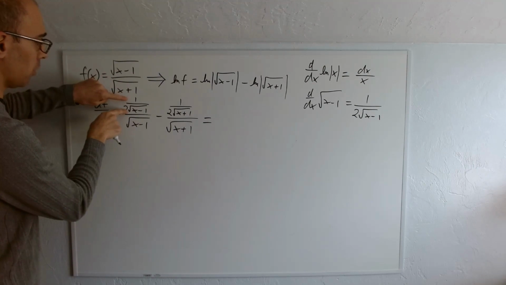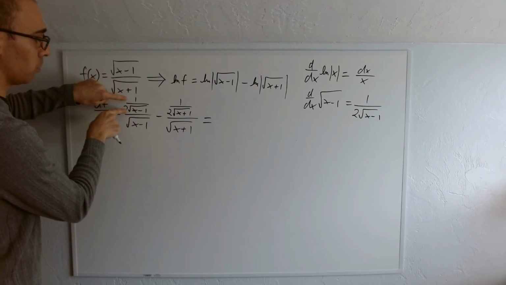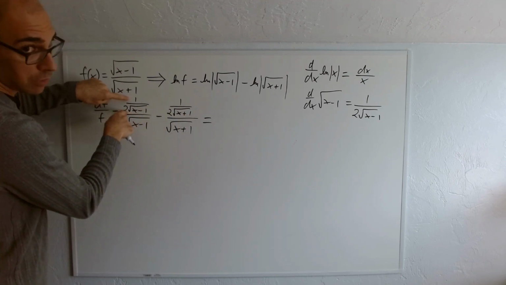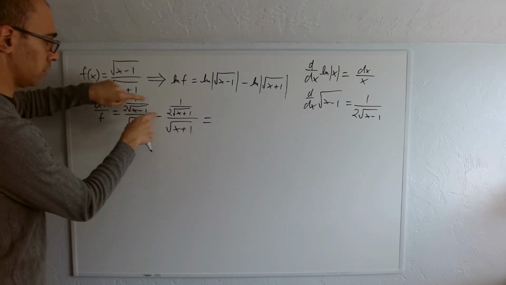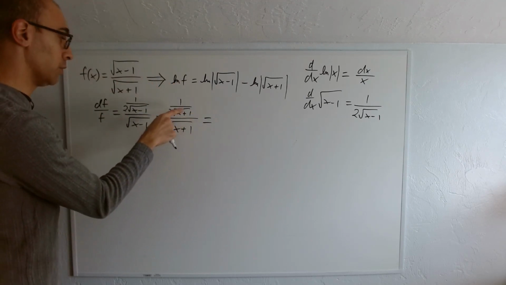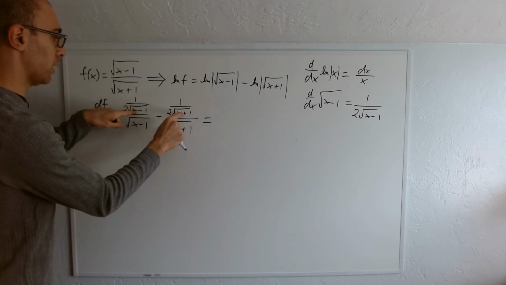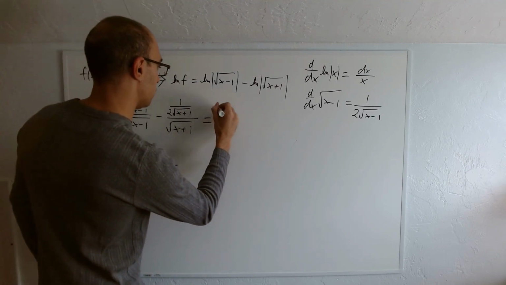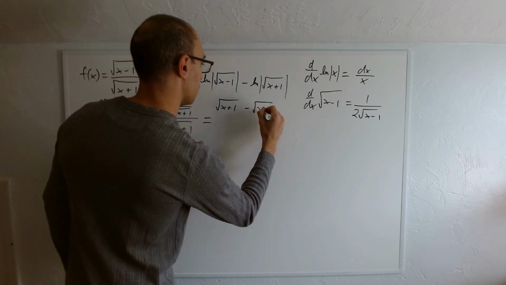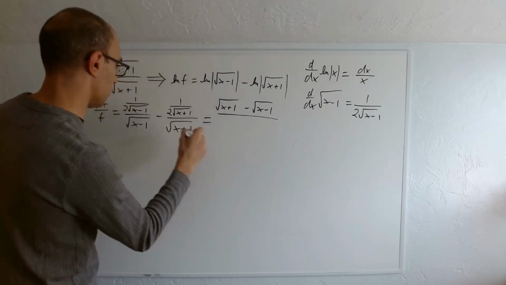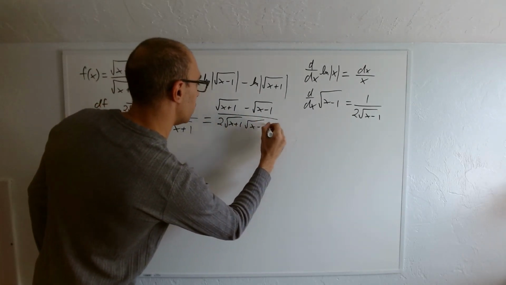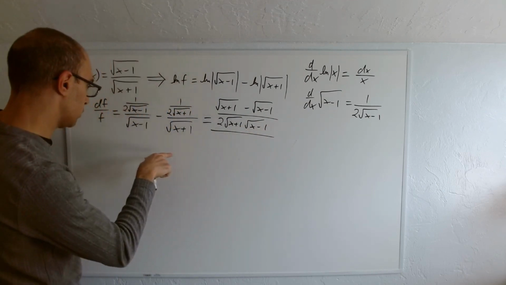So this side, we're going to multiply it by square root x minus 1 over, we're going to multiply by square root x plus 1 over square root x plus 1. This side, we're going to multiply by square root x minus 1 over square root x minus 1. That way we can get the same denominators on each side. All over 2 square root x plus 1 square root x minus 1 all over